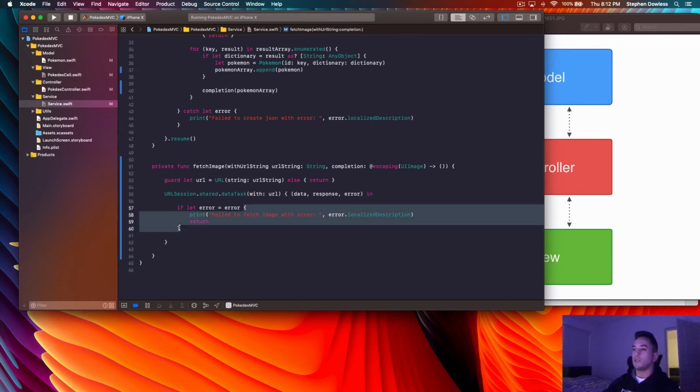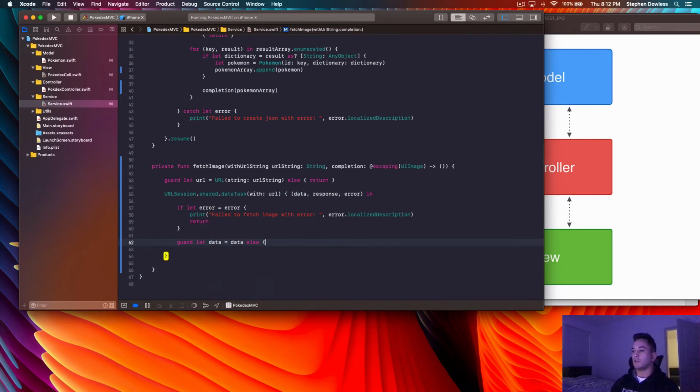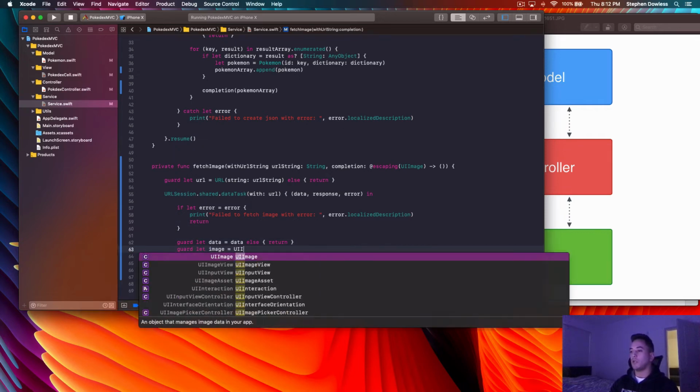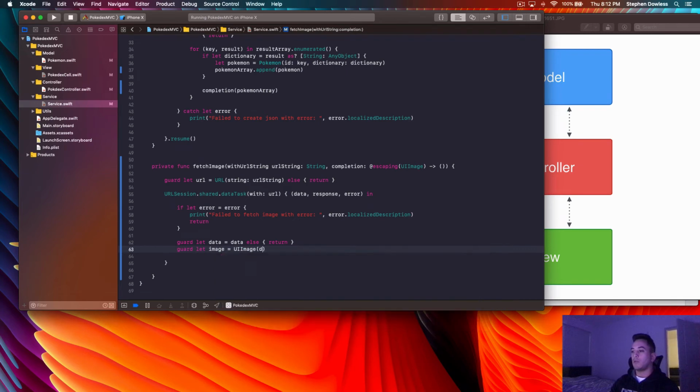And now what we need to do is get our data. So we're going to say guard let data equals data else return, because that data is optional, so we want to make sure we safely unwrap it there. It's really simple to create this image, guys. We're going to say guard let image equal UIImage, and we can pass in this data parameter, and Swift actually converts that data that we get back into a UIImage, which is really cool and really convenient.